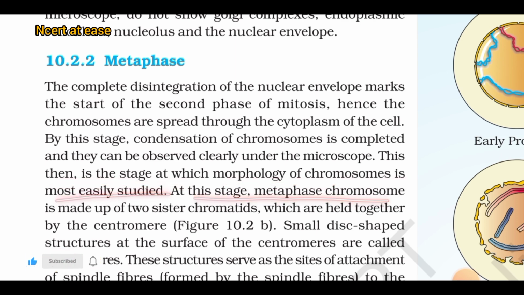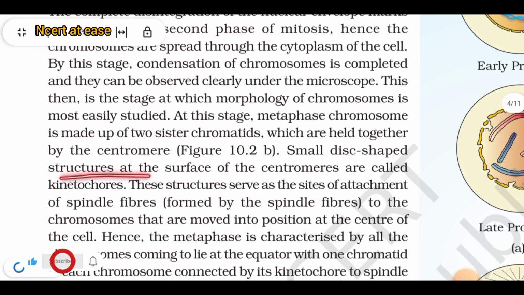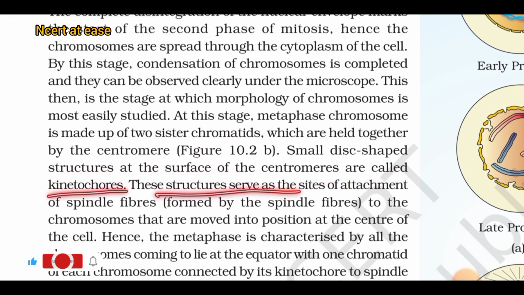At this stage, the metaphase chromosome is made up of two sister chromatids which are held together by the centromere. Small disc-shaped structures at the surface of centromeres are called kinetochores. These structures serve as the site of attachment of spindle fibers to the chromosomes that are moved into position at the center of the cell. Hence, the metaphase is